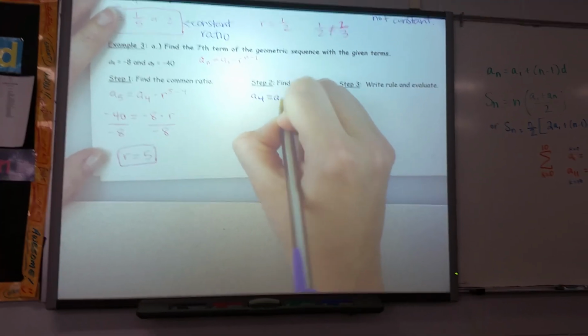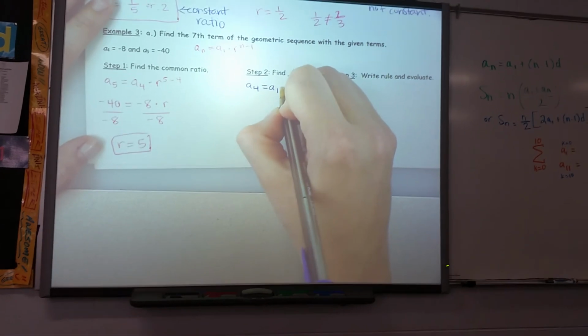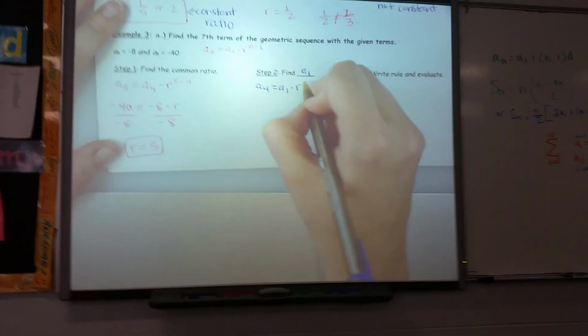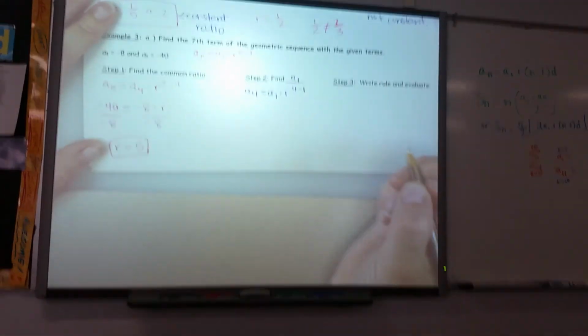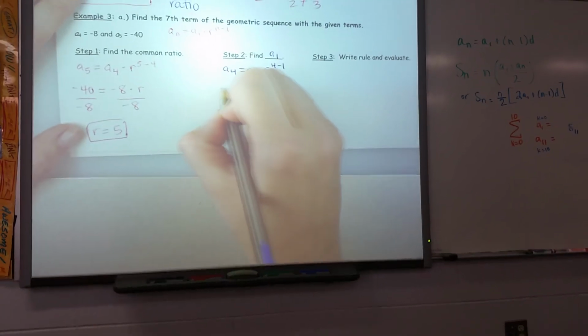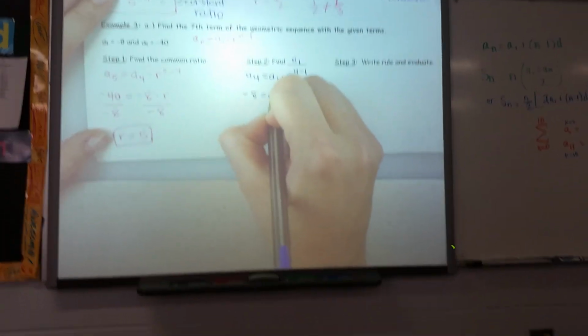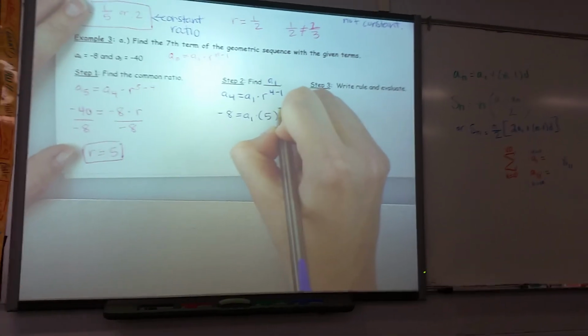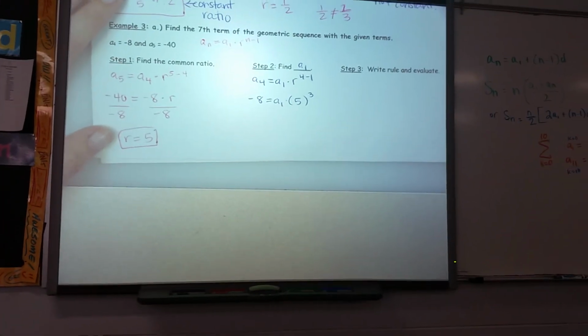You can use either one. And this would be times R to the 4 minus 1. Okay, and then for A4, I'm going to plug in negative 8. We just found that R is 5, so this will be 5 to the 3rd power. And then we can